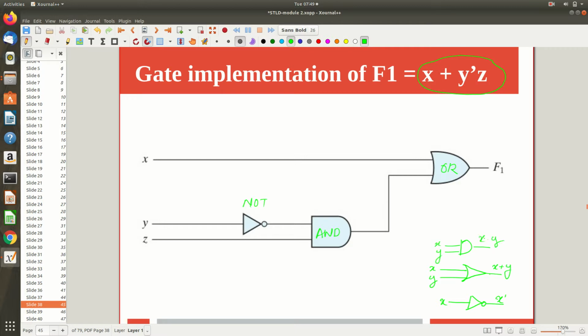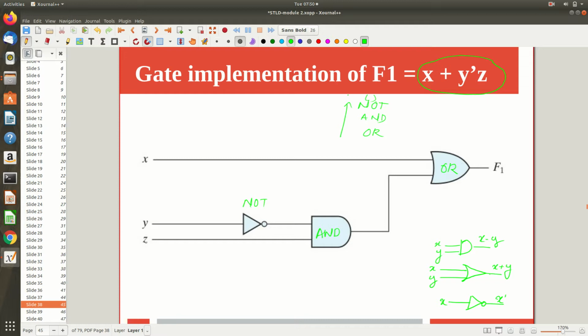Now the gates are familiar to you. Now using gates, we are trying to implement x plus y dash z. First you will be calculating, and I hope you remember the precedence also. That will help you a lot. The highest precedence goes to the bracket. If a bracket is there, that gets the highest precedence, but if the expression has no bracket, then NOT gets it. All unary operators get higher precedence than binary ones. That is a general rule in C and so on, you know that, right? So we can assume that here also. Then the AND operation gets the precedence, then OR. So that is the precedence order, and at the top we have the bracket.